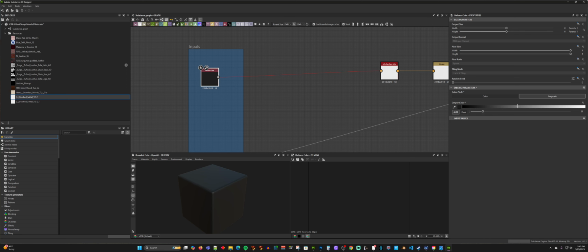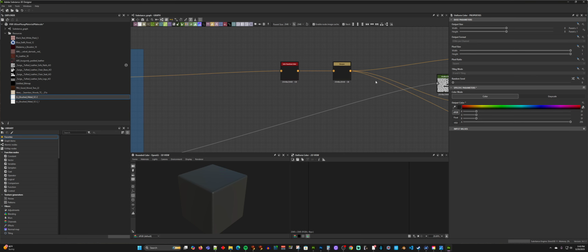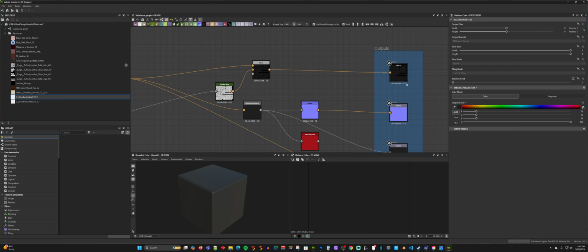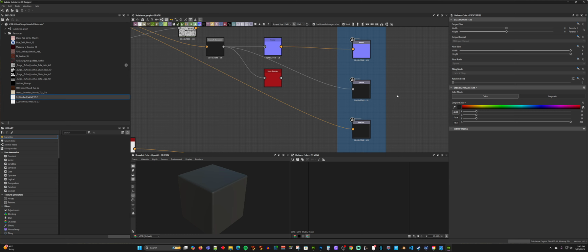And of course, that doesn't work because this is color. So we'll just go back and use color instead. Just change it back to color. And hey, suddenly it works. All right, so we have that going through, and that's going to give us the same thing. And now all I have to do is export the diffuse and the base color,